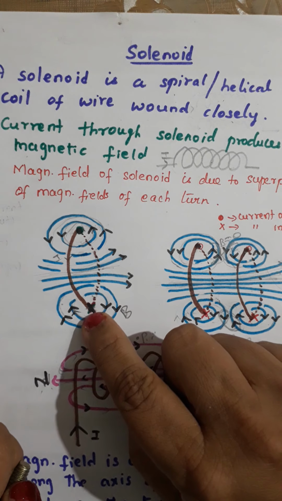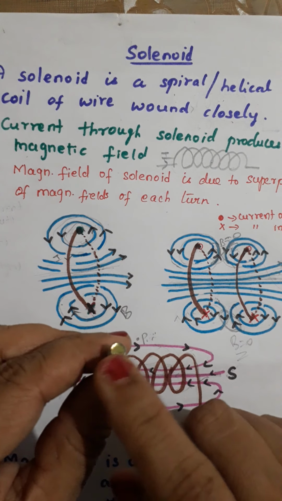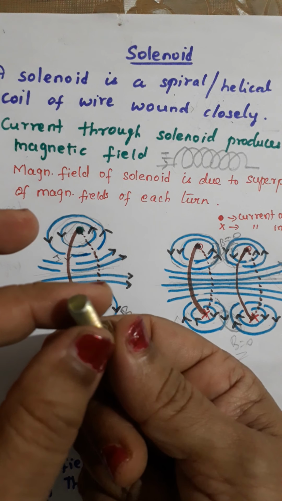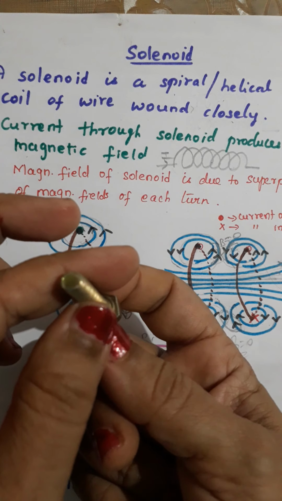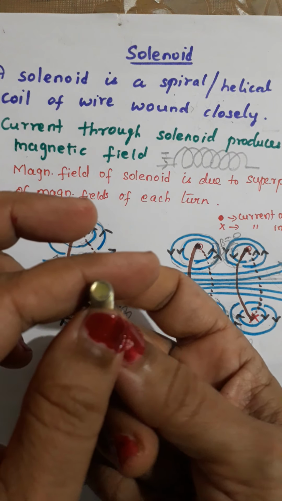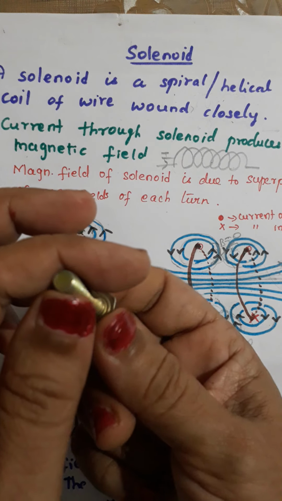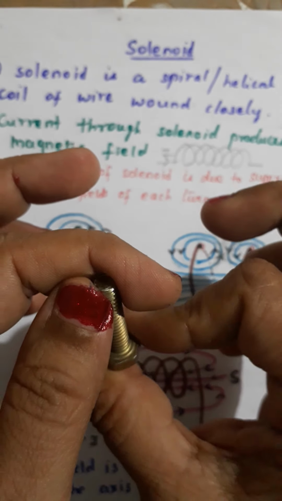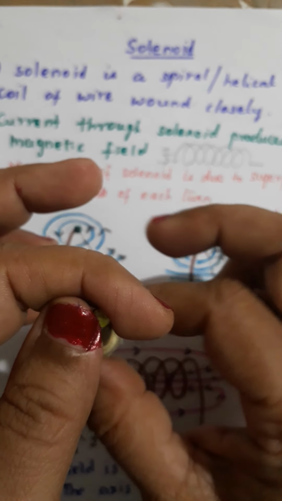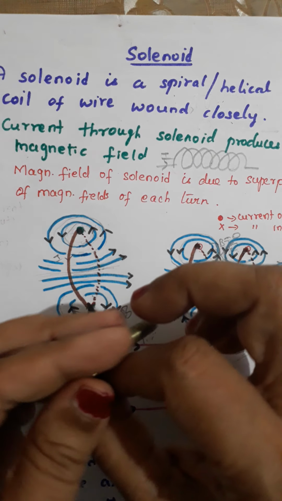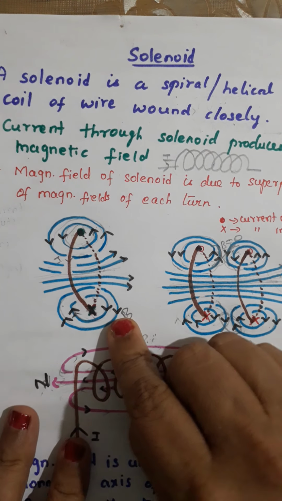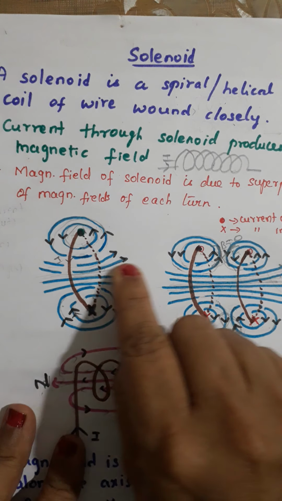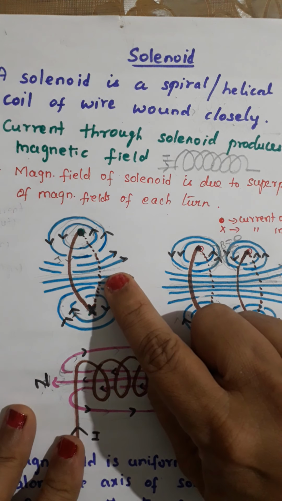In this part, you know that the current is going into the paper. Same way, the tip has to move into the paper, right? It has to go down. For that, see how I am rotating the screw. I am rotating it in clockwise direction so that the tip goes down into the paper. Okay, so here the magnetic field is in clockwise direction. Got it, children? Now at the center you can see the magnetic lines are parallel and they are almost straight.